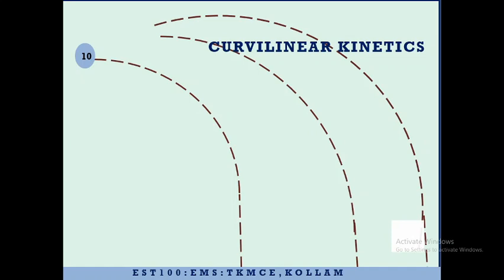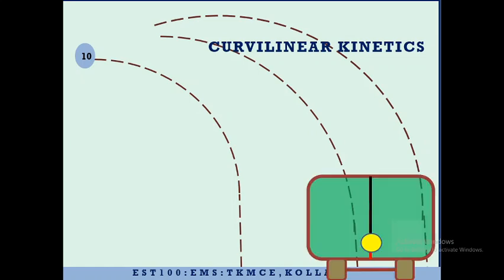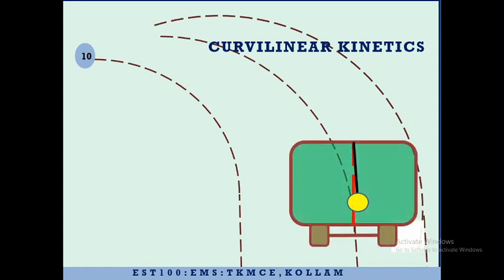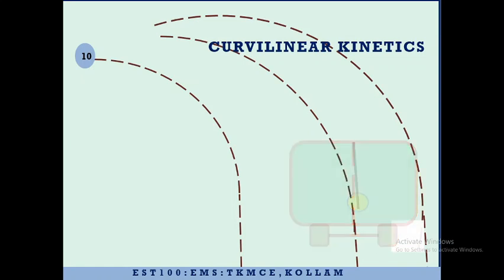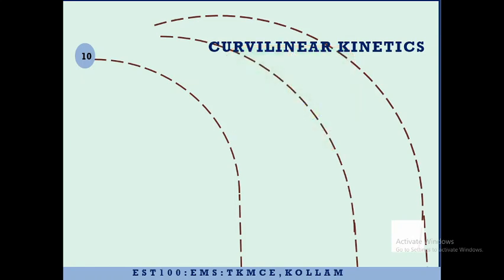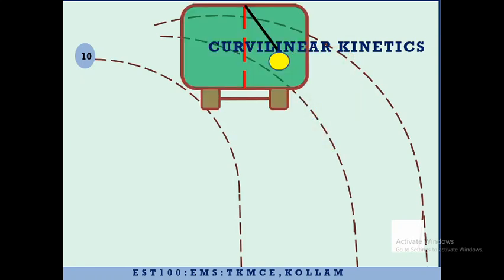So the truck is taking a curved path. Initially, when the truck is passing along a straight path, the ball will be in the vertical direction. Now as it takes the curve, the ball tends to deflect outward. You can see that the ball is deflecting more and more. So this is the question before us. At the instant when the ball has deflected 7 degree, we have to find out the various values.